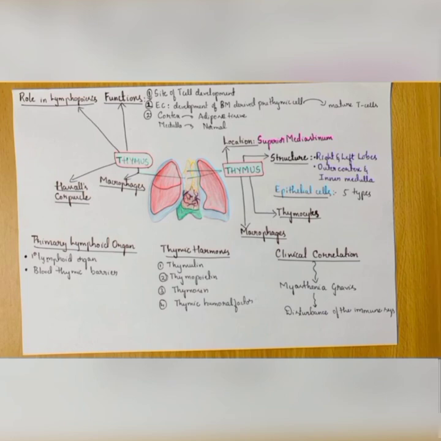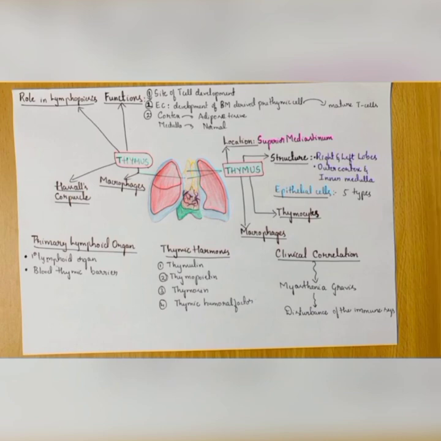Okay, now we'll study thymic hormones and their functions. Thymulin enhances the function of various types of T cells, especially that of suppressor cells. And next is thymopoietin. This stimulates the production of cytotoxic T cells. The combined action of thymulin and thymopoietin allows the precise balance of the activity of cytotoxic and suppressor cells.